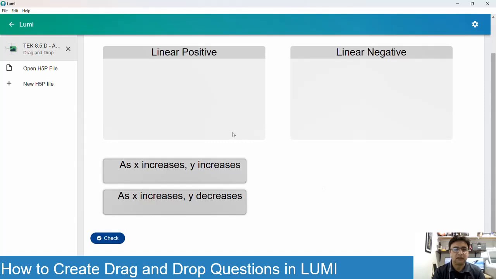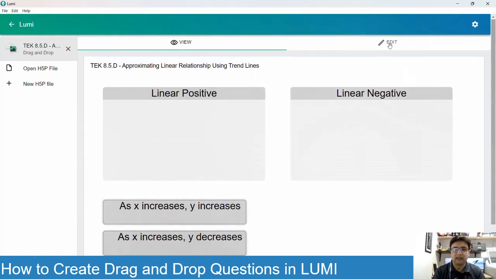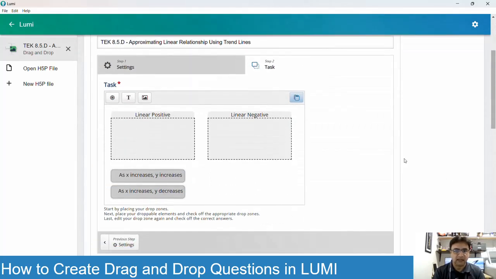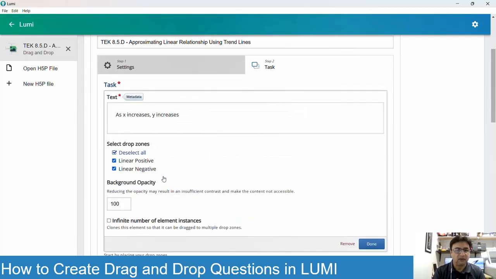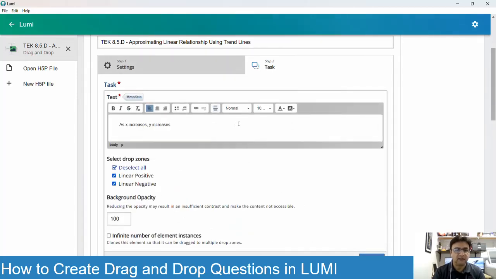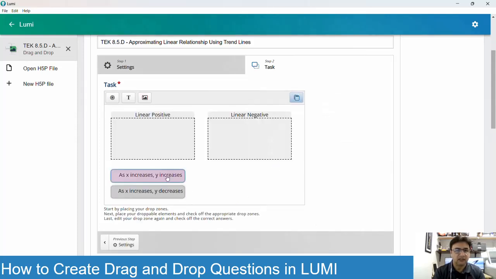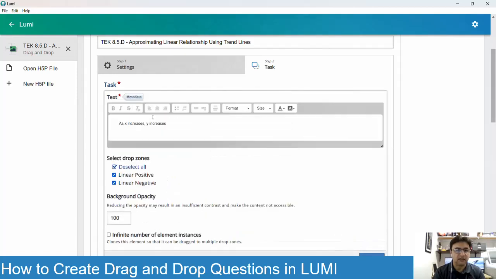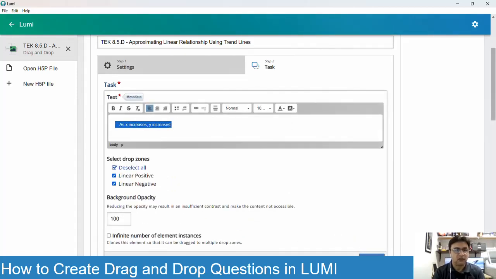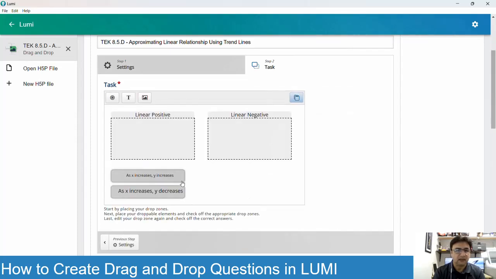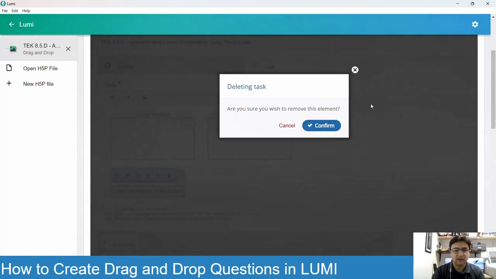So let's go ahead and go back to edit and quickly add the rest of the items. I also want to make the size of the text smaller here a little bit. So I'm going to go and say 75%. Well, that didn't change anything. It's because I didn't actually select anything here. I'm going to say Control A, and I'll change this to 75%. And then done. I'm going to delete this one, and